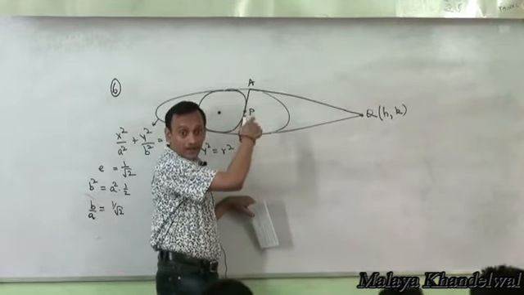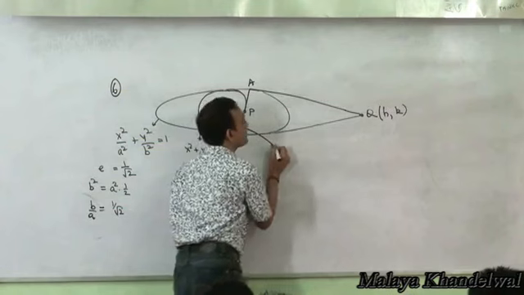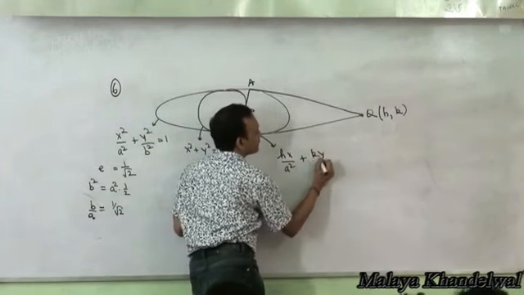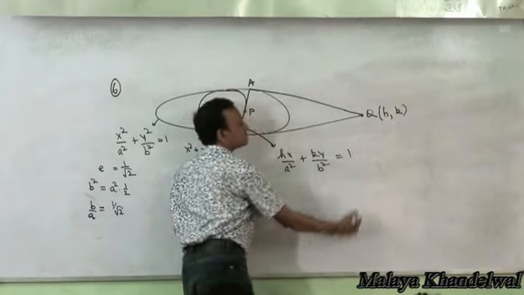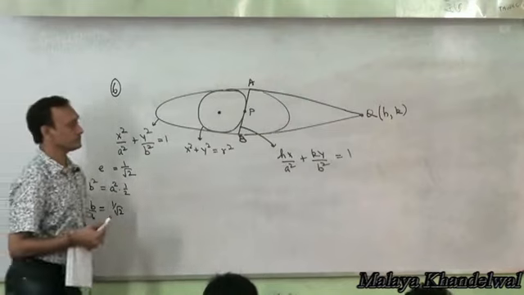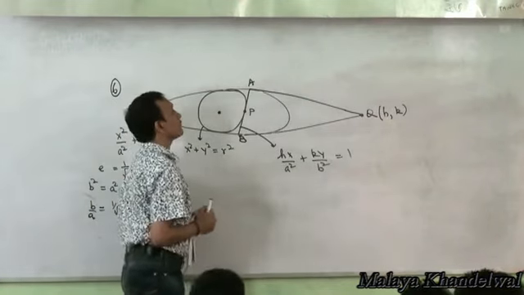AB is the chord of contact with respect to Q. So the equation of AB is hx by a squared plus ky by b squared equals 1. T equal to 0 is the chord of contact. T equal to 0. And realize that